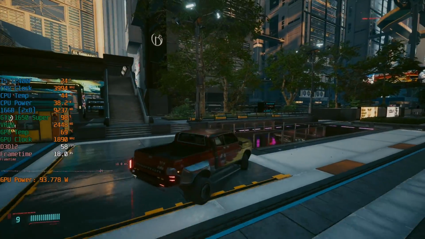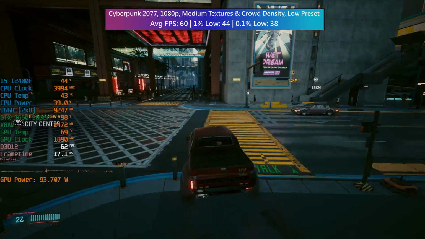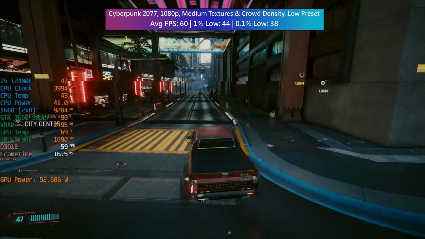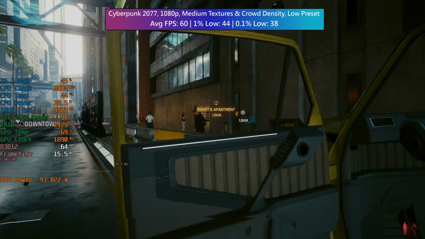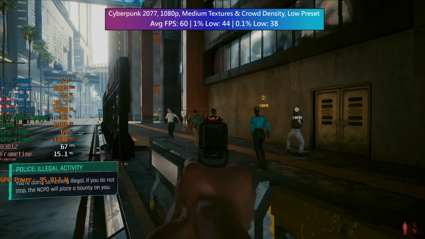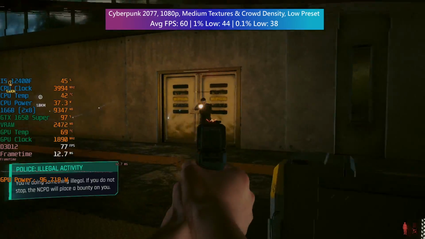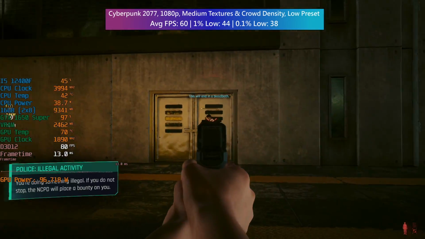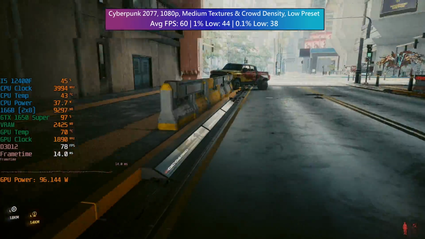Cyberpunk 2077 recently got an FSR 2.1 update, which means we can drop the internal render quality for added performance without as much of a visual sacrifice. The thing is, we didn't actually need to use that today to hit 60 FPS on average. I went with the medium texture settings and medium crowd density settings while choosing the low preset from the graphics menu. The low preset doesn't switch everything to its lowest, so we had a mixture of settings that all in